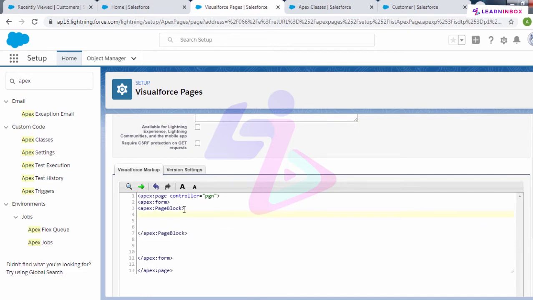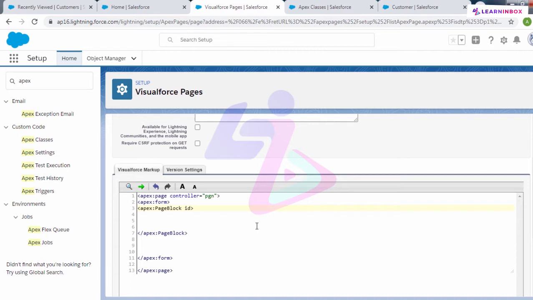So here, the attribute which we have to use in this Apex page block is the ID. So what's an ID? ID is an identifier that allows this page block component to be referenced by other components in this particular Visualforce page.